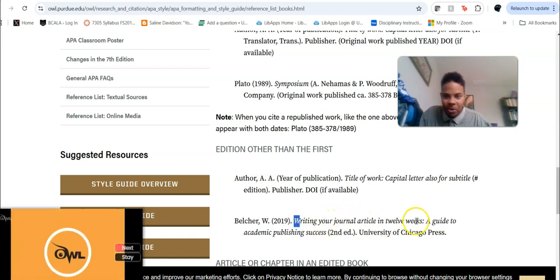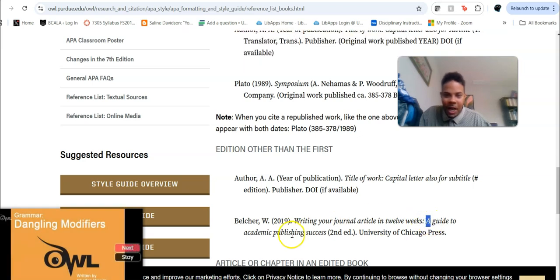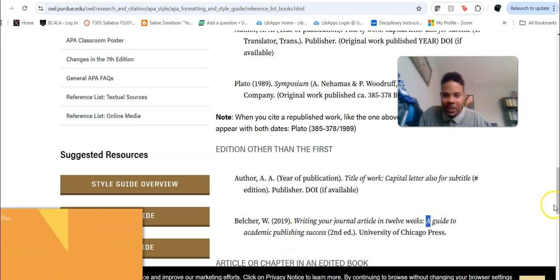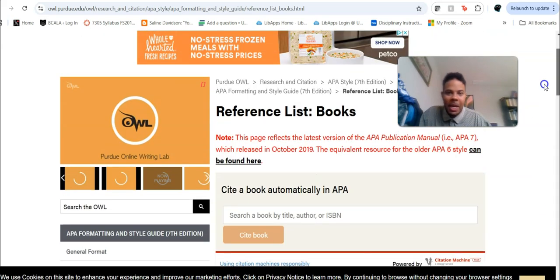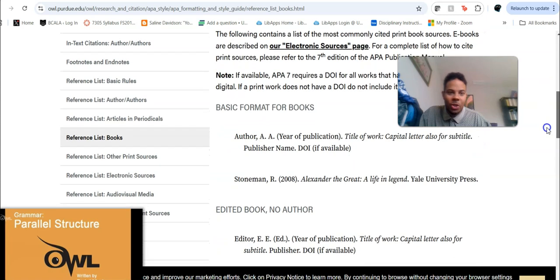Your journal article, 12 weeks, all lowercase. Is the only word capitalized here. Guide, academic, publishing, success, all lowercase. Okay. The next thing that I want to show you all is the article titles, because here's where it gets